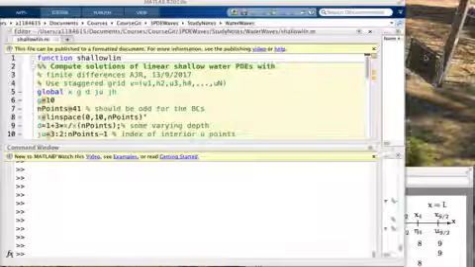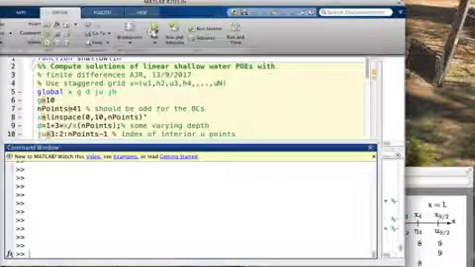Discuss the MATLAB code for simulating the partial differential equations for water waves. For simplicity, we'll only look at the linear water wave equations. Alright, so here I've loaded up the code into MATLAB, and let's just see what the results are,